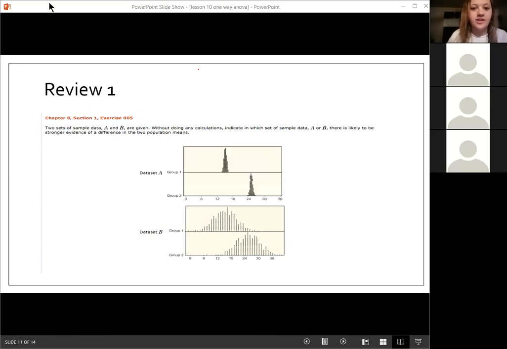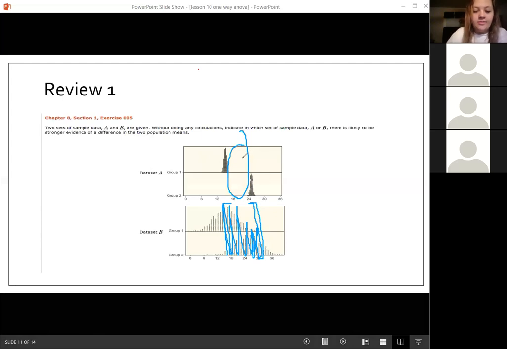Okay, yay, good job. So data set A is going to be our answer here, because the question is asking where do we have stronger evidence of there being a difference. So we don't have any overlap between the two different sets here in data set A, while we do have overlap for this part of data set B between the two groups. So that means that we do have a chance of there being no difference, that they are the same here. And we really don't have any chance here in data set A that they are the same, because there's no overlap, so that's why we can probably conclude that data set A gives us more evidence that there's a difference between those population means.